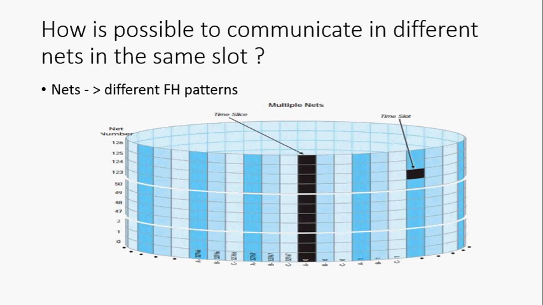As you know, we have 51 frequencies, and if you want to transmit, you have one frequency hopping pattern, I have another frequency hopping pattern, and they don't coincide in any of the 51 frequencies. Observing the theoretical work of the system, we have the opportunity to operate 127 nets